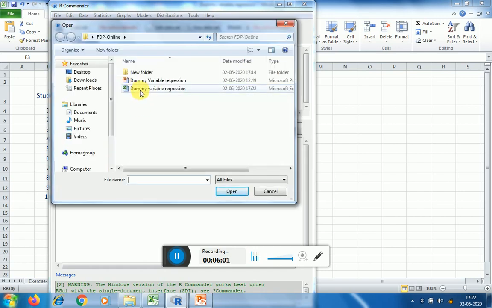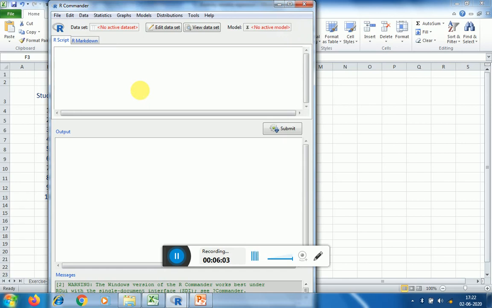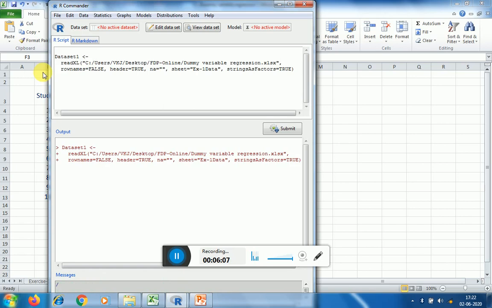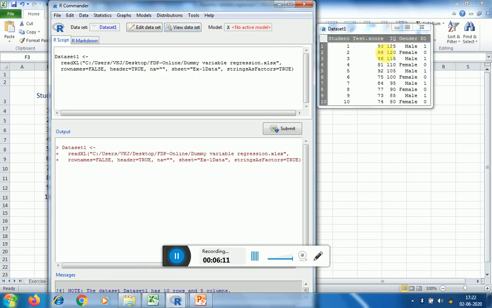Now here I select the dummy variable regression, then example 1 data. OK. So we can view this data. Here test score, IQ, gender, these are the three variables, and we have represented gender by numeric variables.